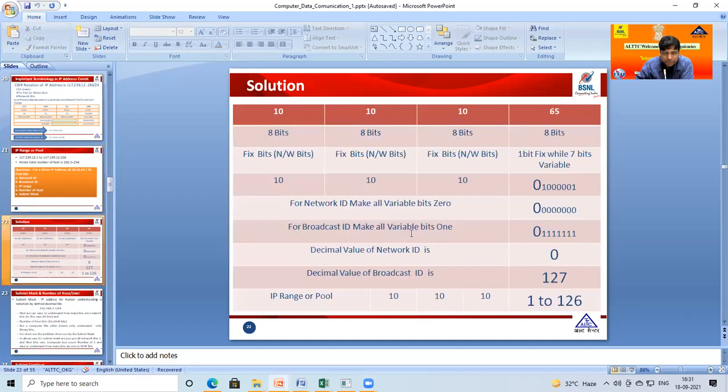So I just repeat here how to solve this question's answer. This IP address is divided into 4 separate groups, a fixed group and a customer group. According to the question, there are 8 bits in each group here, right? And as per /25, we easily write the explanation here. The last group is 65. Just write the 8 bits in binary form, and accordingly we find the network ID. So this is the network ID. What is the network ID? That is .0 in the last group, and the number of IPs is 1 to 126.